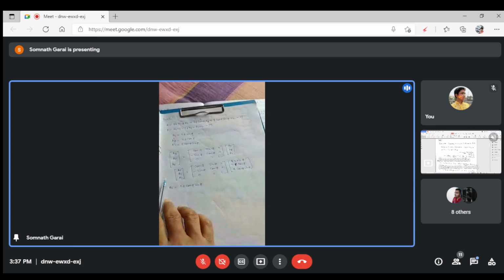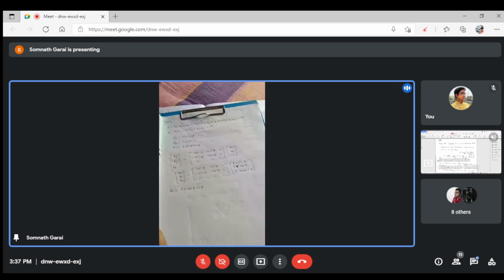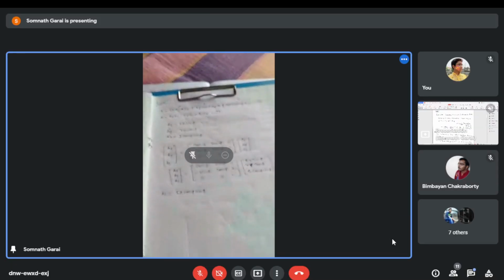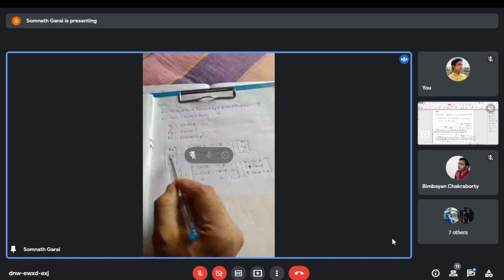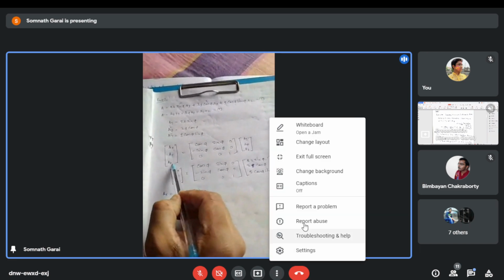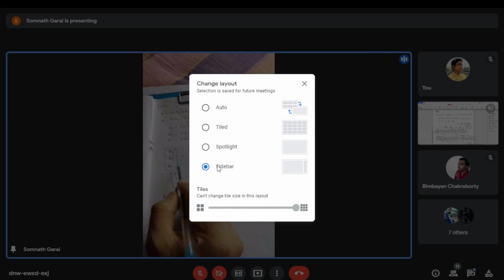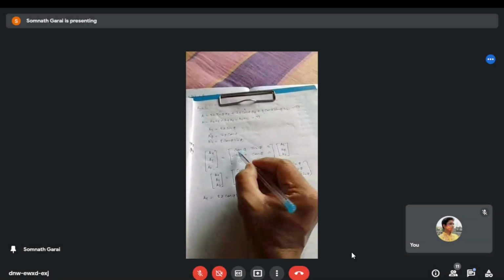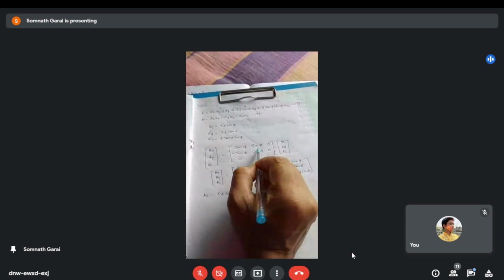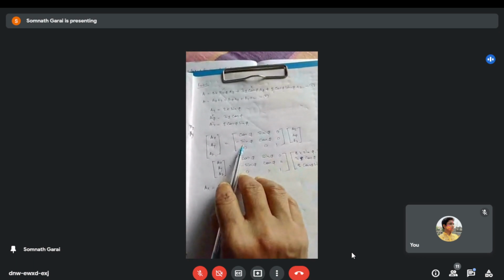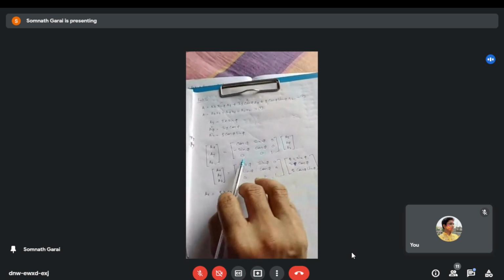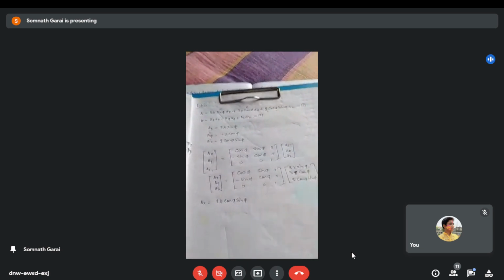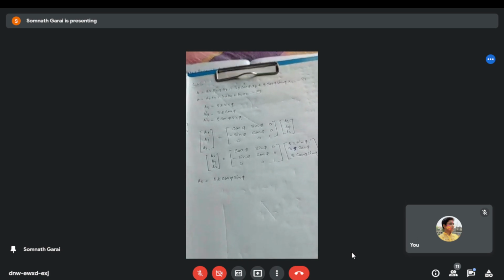Now you write down the matrix relationship of Cartesian coordinate with respect to cylindrical coordinate, which is ax, ay, az is equal to, we have already proved, cos phi, sin phi, 0; minus sin phi, cos phi, 0; 0, 0, minus 1, into a rho, a phi, az. Okay, got my point?